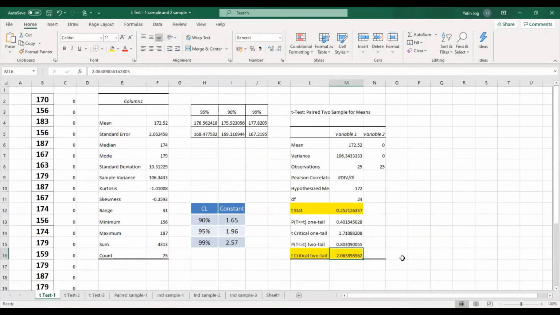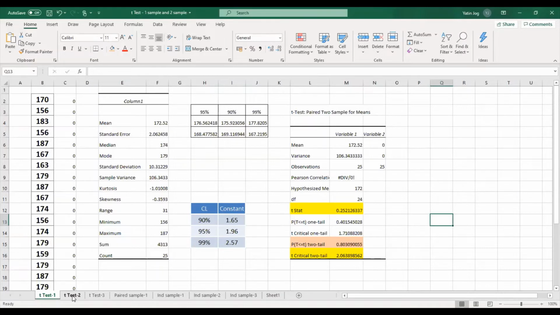Now there is one more method which you can use, which is the p-value analysis. That we will discuss when we discuss p-value analysis. I'll come back to this output and explain how to read these p-values. This is the p-value which we have to consider, and in this case also, the p-value is greater than 0.05. That means we fail to reject H0. But that rule I'll explain when we discuss p-value analysis. So this is the method using which you can execute t statistics in Excel.